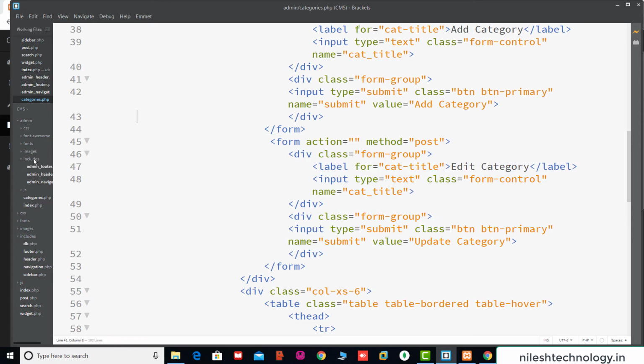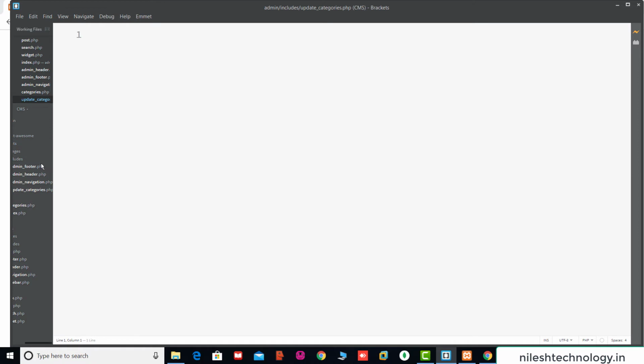So right click on this include folder and create a new file, update_categories.php. Okay, and here we shift this code. So this is the categories.php file.